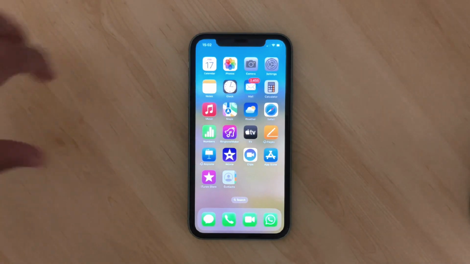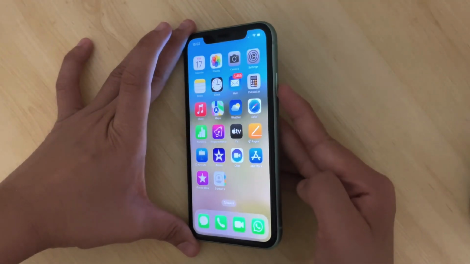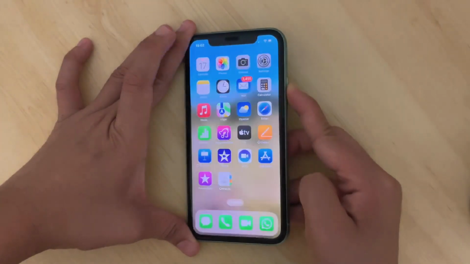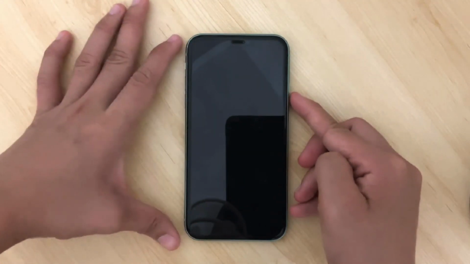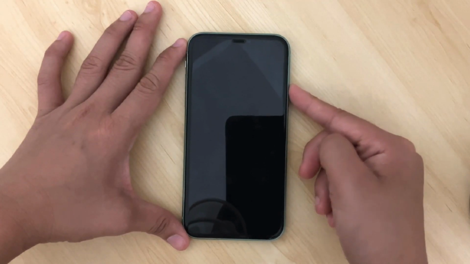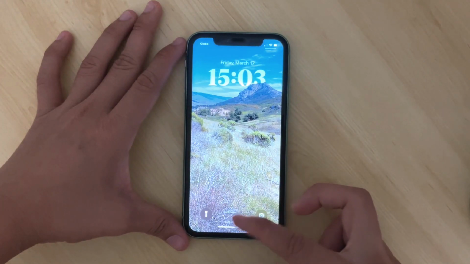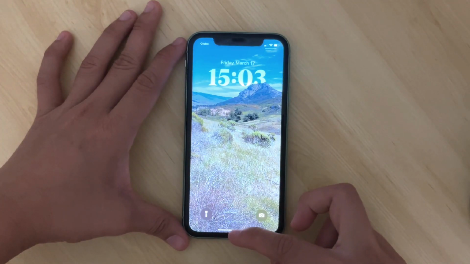To lock your iPhone, there should be a power button on the right side of the device. All you have to do is press on it and your screen should turn black. To turn it on or unlock your iPhone, you can just press on this same power button and you should see your wallpaper. In order to open your iPhone, just swipe up